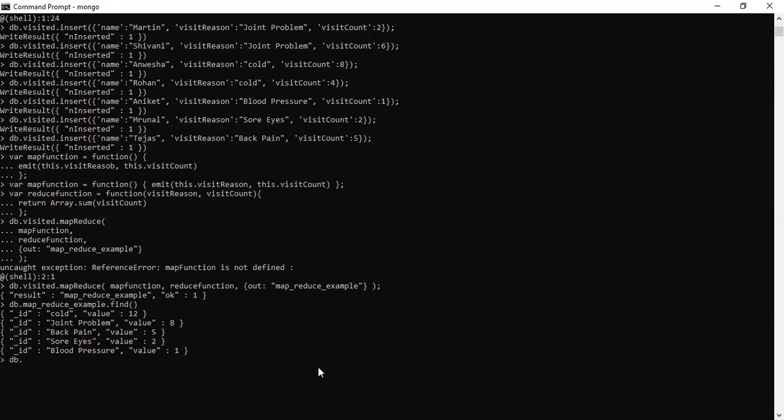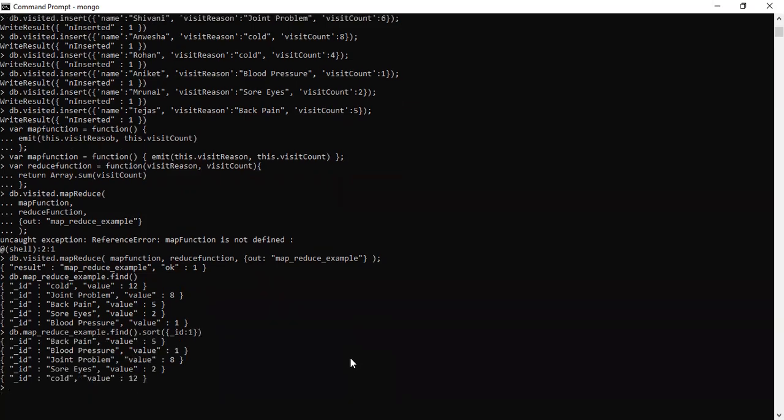So db.map_reduce_example.find, and then you'll have to write sort. This is an extra condition I'm going to put over here: _id:1. If I'm writing like this, see, I have sorted